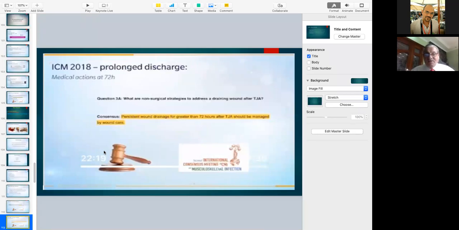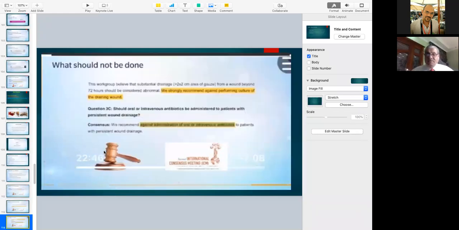What are the non-surgical strategies to address a draining wound after total joint replacement? Also, 72 hours. Persistent or prolonged discharge needs medical action after 72 hours. This means it needs medical action. The important thing is that when you see discharge in the wound, soaking the gauze or coming outside from